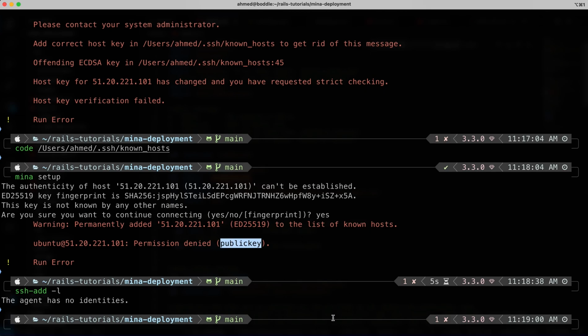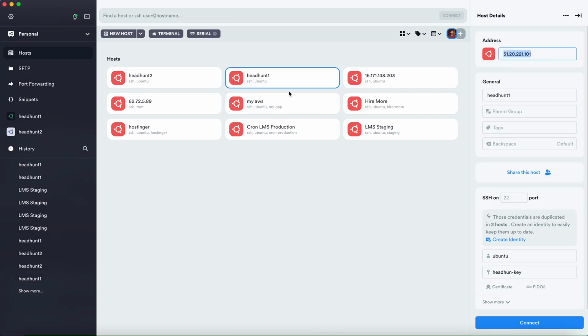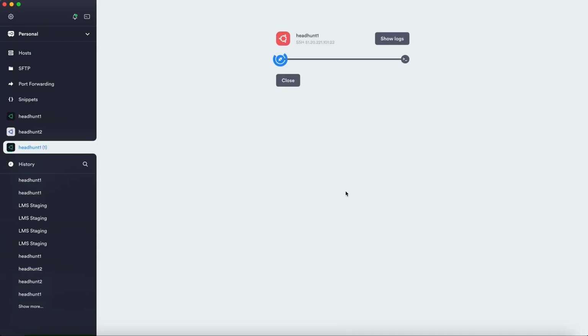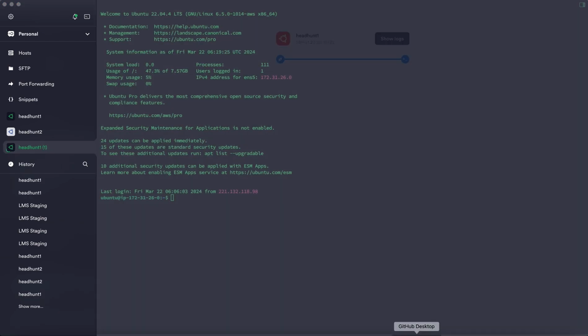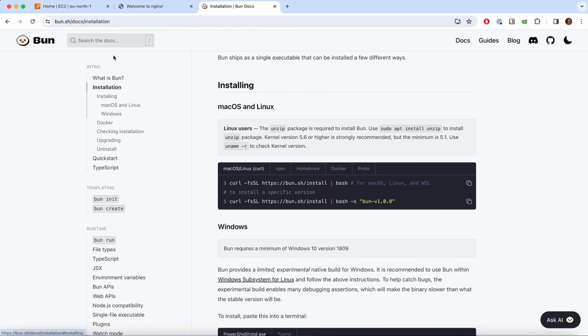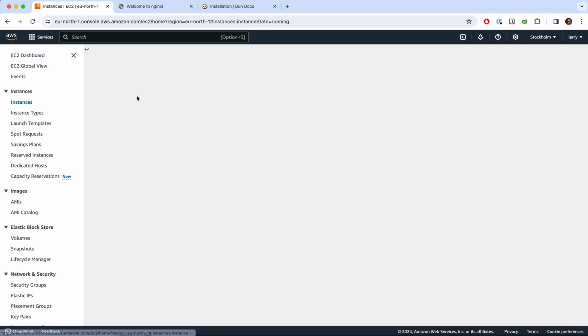So let's see how we can fix it. If we go back to the server, so let's go to our Amazon. If we go to our EC2 instances,